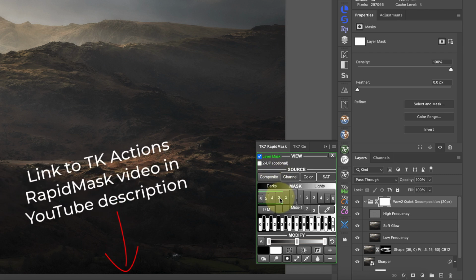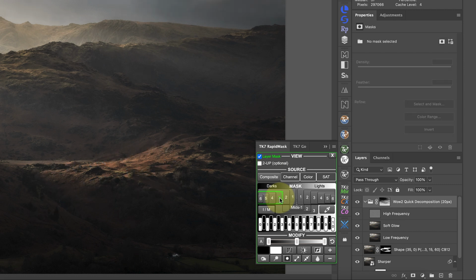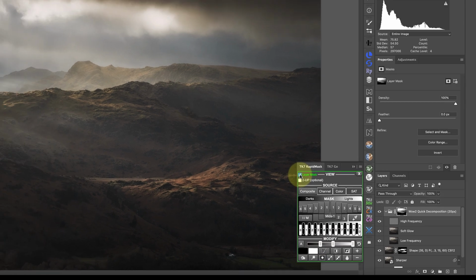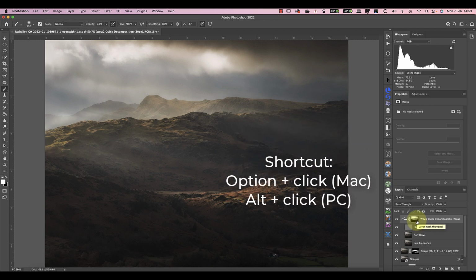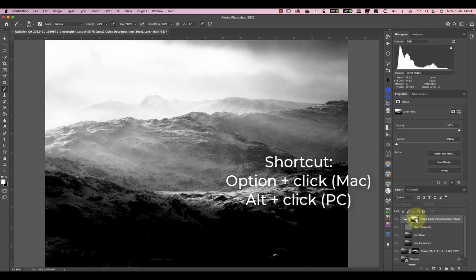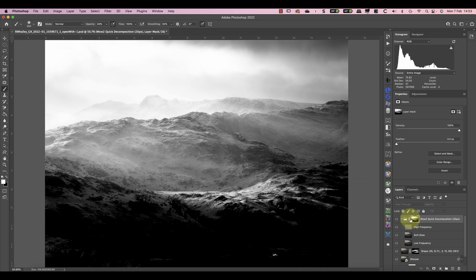Now I won't go into why I've picked Darks 3 other than I know this works, and it works more or less with every image. Now once I've created the layer, which you can now see here, this layer mask, I'm going to invert it by clicking this option. Now I can adjust those tones in the layer mask until I get them the way that I want. Okay, so I'm happy with that. I'll just turn that option off, and that's created me a layer mask which, as you can see here, is dark in these areas here but not in the other areas. I'll just hold down Alt and click on it so you can see, and now you can see where it will be applying this effect.